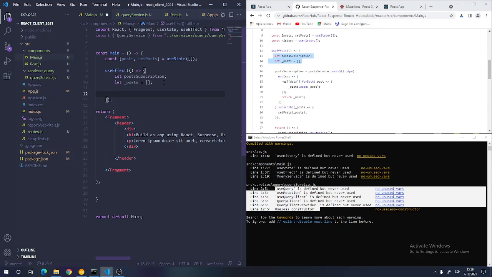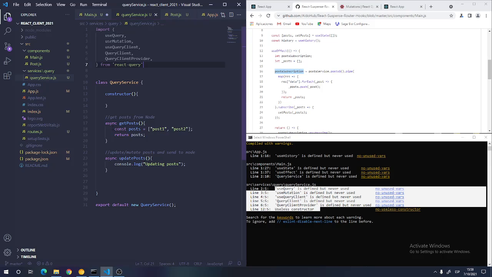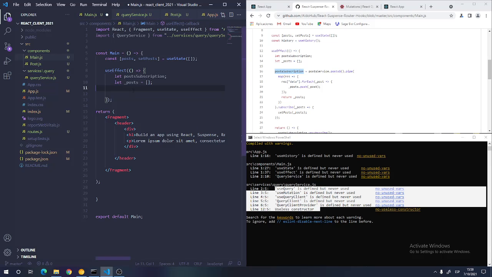Though it's not a real subscription because we're not using Reactjs, we're just returning this array from the query service. So what I want to do is actually, yeah, we do have posts there, so we're going to say